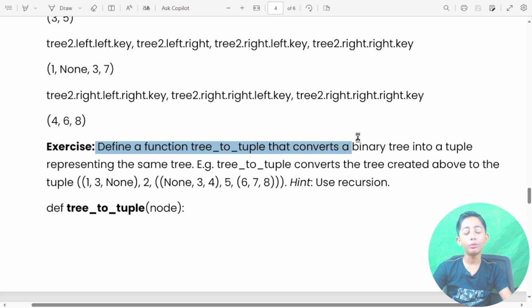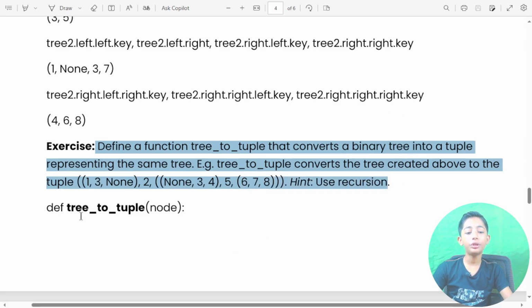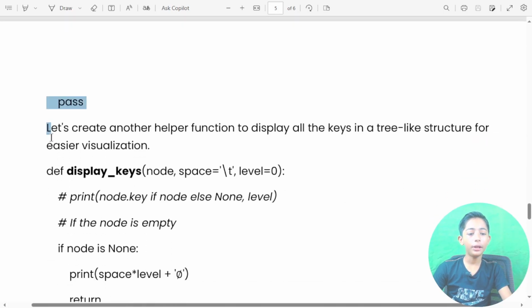Define a function tree_to_tuple that converts a binary tree into a tuple representing the same tree. For example, tree_to_tuple converts the tree created above to the tuple ((1, 3, None), 2, ((None, 3, 4), 5, (6, 7, 8))). Hint: use recursion. Here you can see an example.